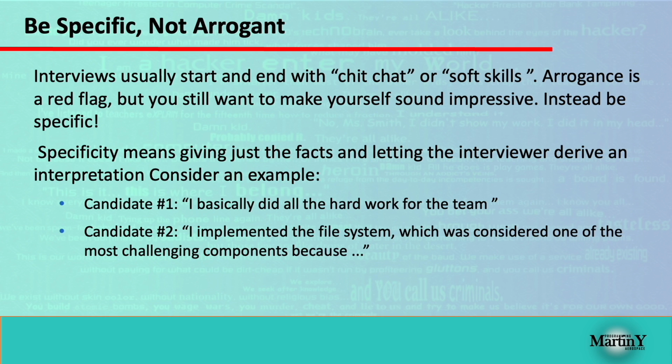So, as I said, usually the employers start with the soft skills, which are the conversations you have before the technical interview. So, I just want to give you some general advice, and I want to advise you that you should be specific but not arrogant, and there is a difference between those terms. And I'll give you an example of the two. Asked about what work you did for your previous company, candidate 1 says, I basically did all the hard work for the team, while candidate 2 says, I implemented the file system, which was considered one of the most challenging